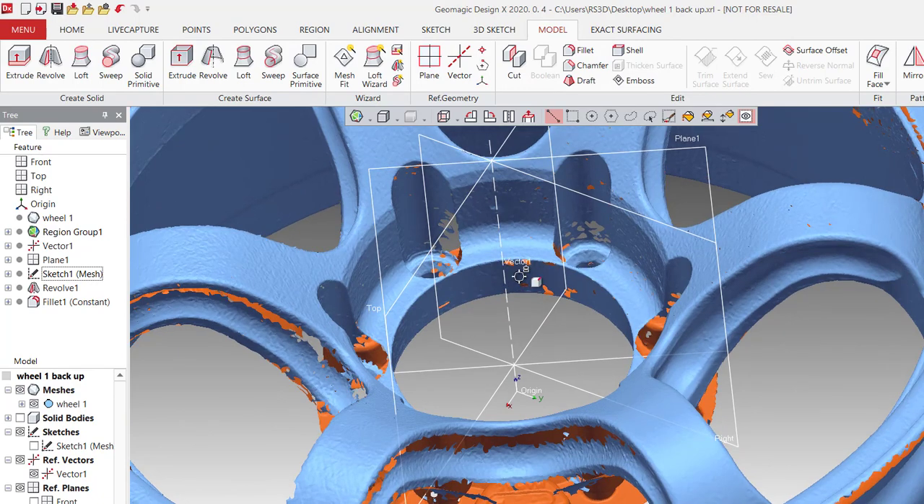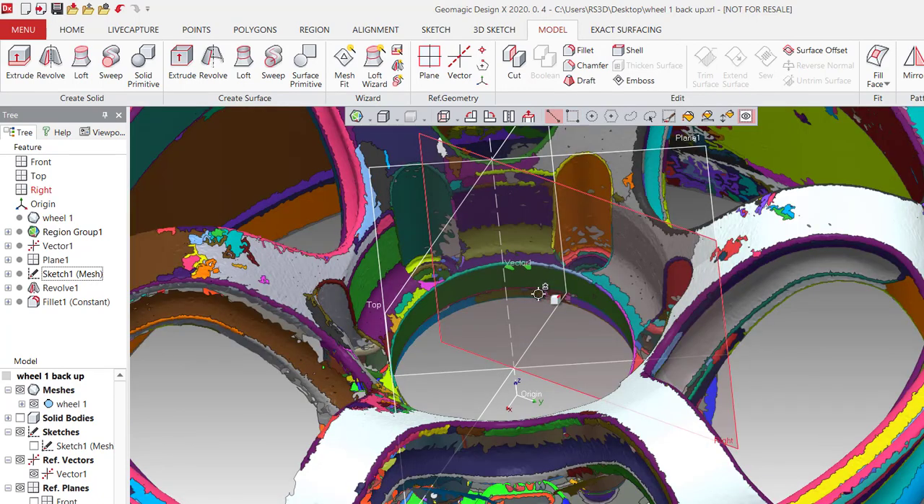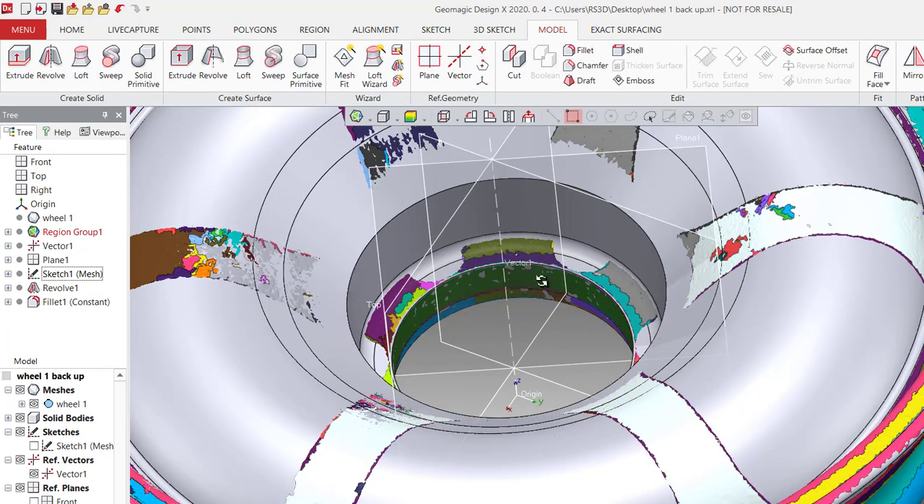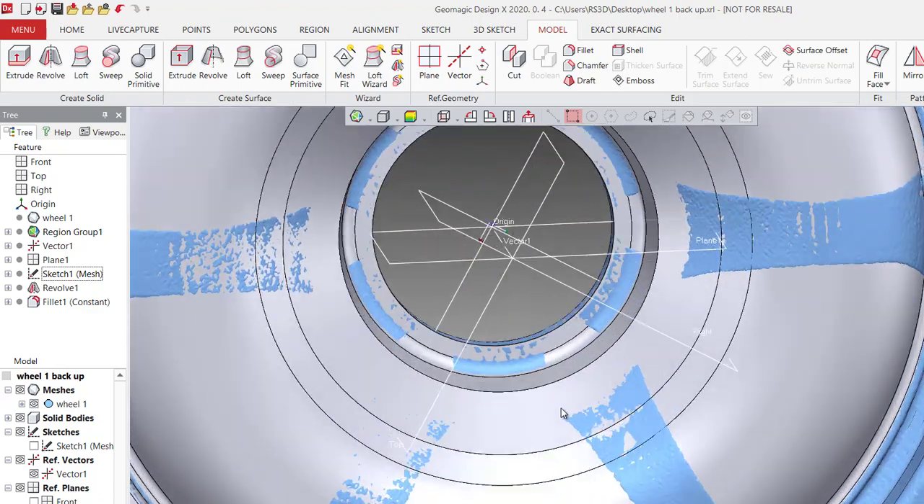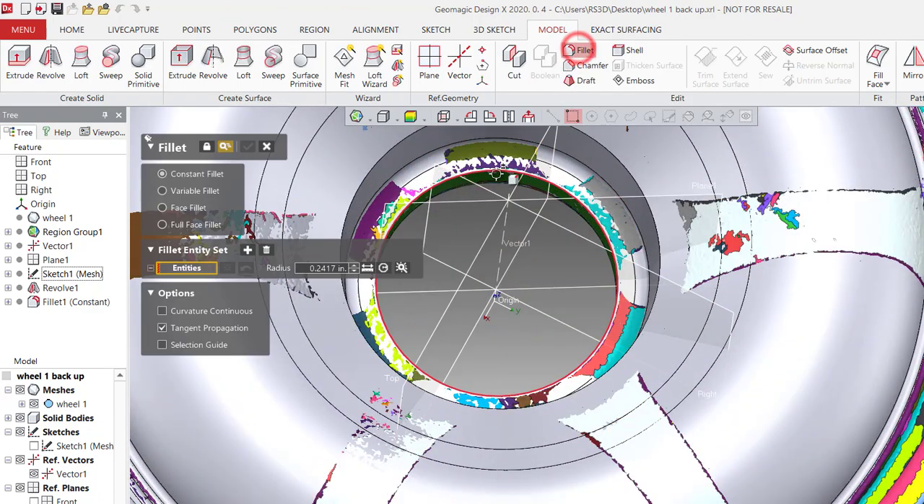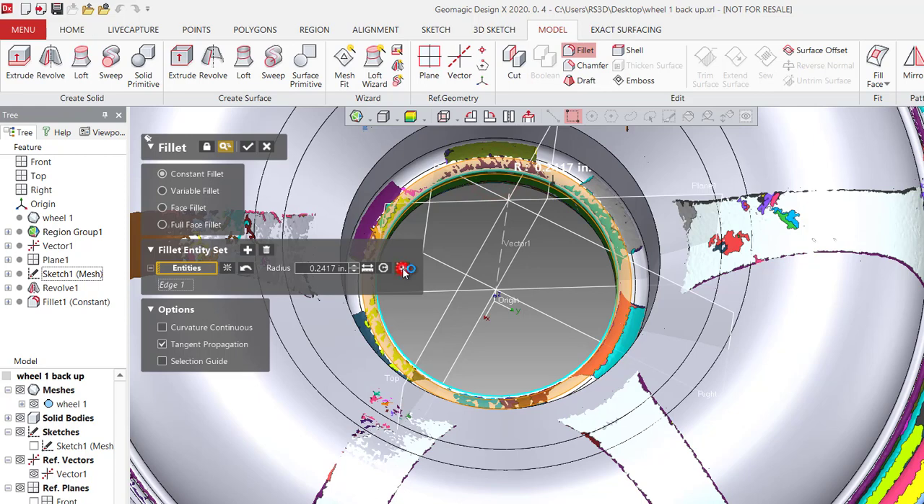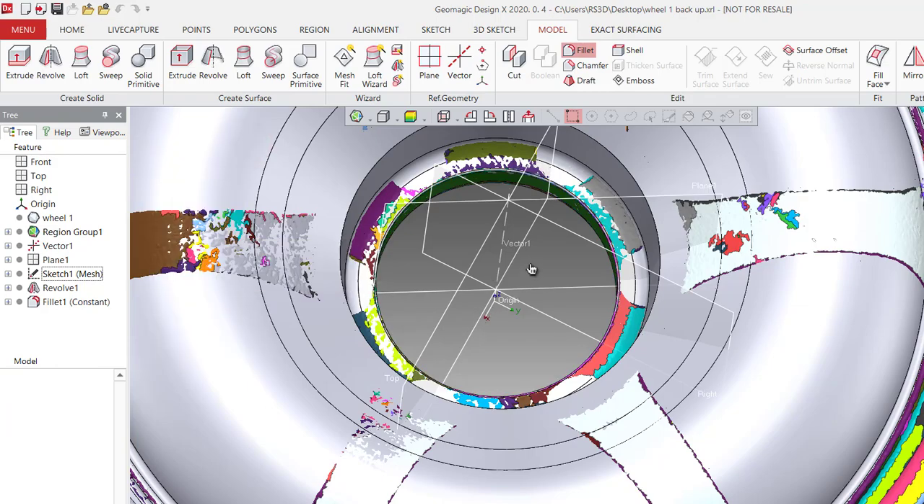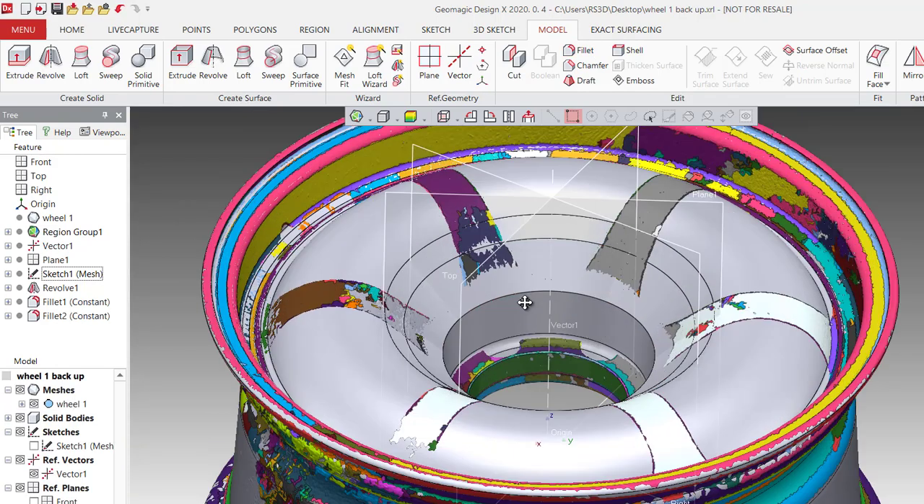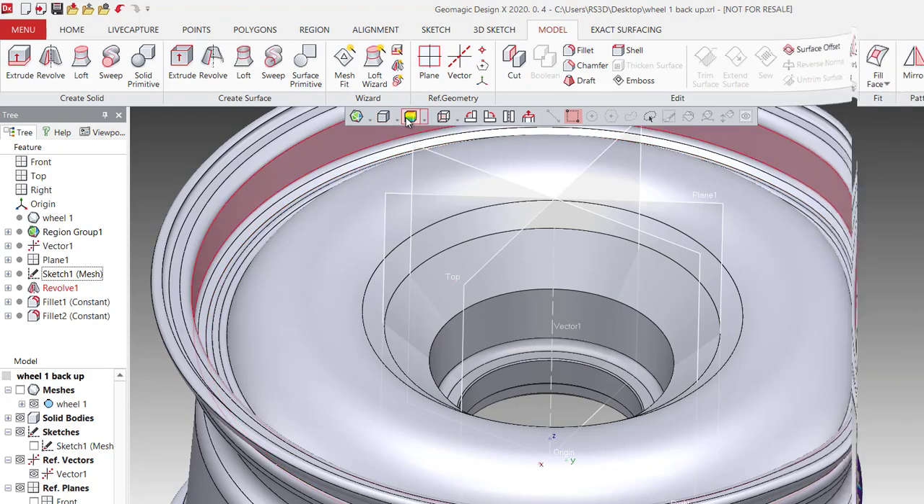Now we have a few more features we're going to be creating. This is one of my favorite sections. Once we're done with fillets,